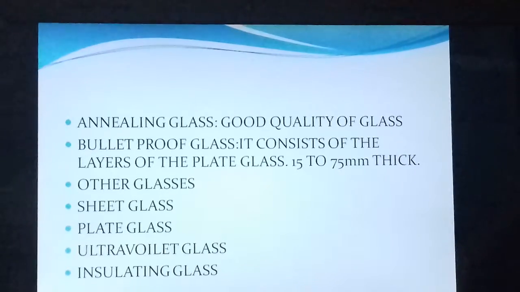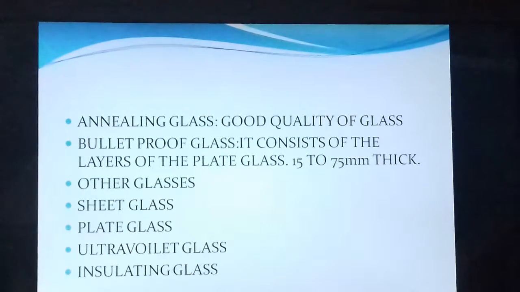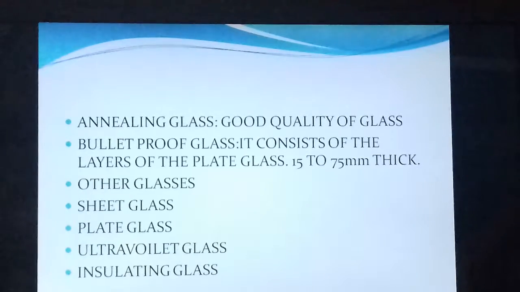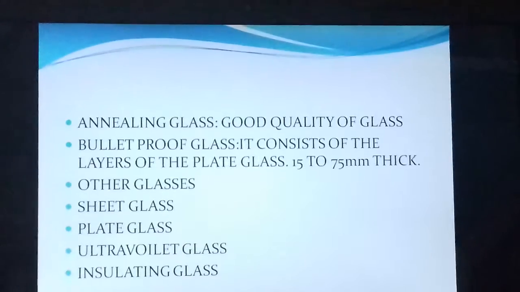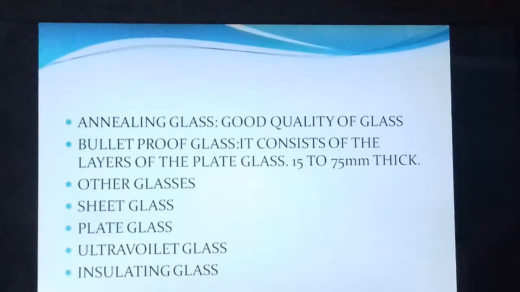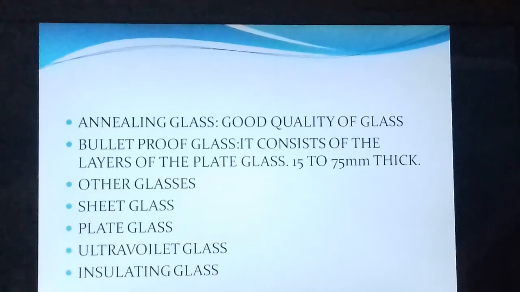Annealing of glass. Annealing is slow cooling done to the glass to obtain good quality glass. If we cool the molten glass very rapidly, it will become brittle and it will break. If we touch it, it will break if we cool it rapidly. If we strike something against it, it will also break if it was rapidly cooled. So good